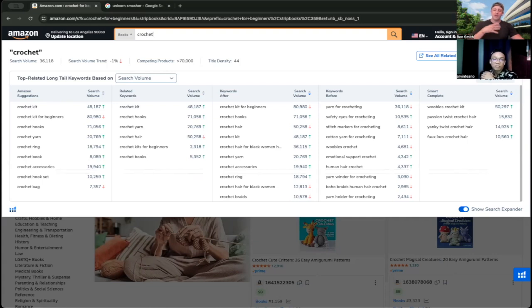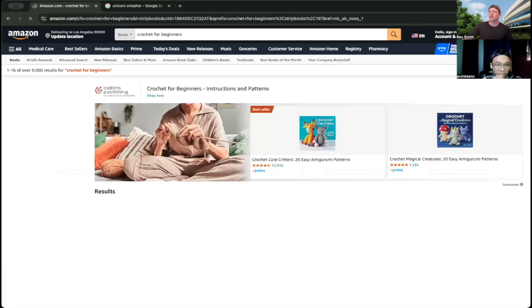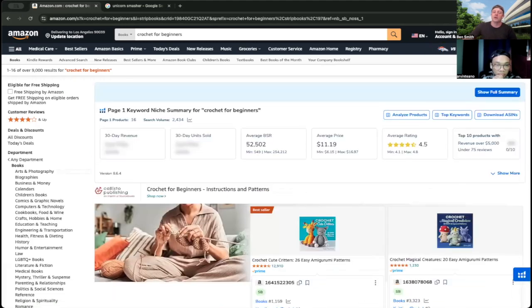So anyway, when you're in this process, one thing you will do, and this is not a criteria piece, is try to look around and maybe you actually figure out that there's a better keyword for your products. Maybe if you don't want to write a book about crochet for beginners, you need to find a different angle to write about. Maybe then you're going to find something else that's actually a better search term. I'm not seeing any here necessarily, but my point is you need to try to assess what you think is the best keyword. I think crochet for beginners. I've written a lot of books that are XYZ topic for beginners, and I think it's a great general topic to start with. So, search volume.